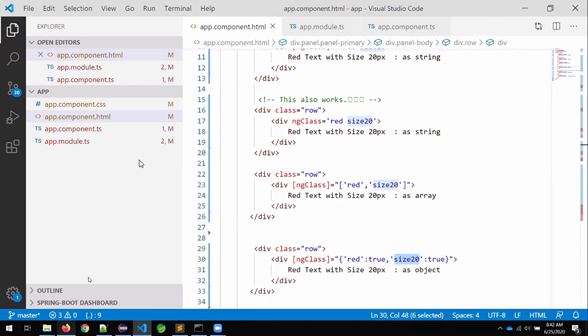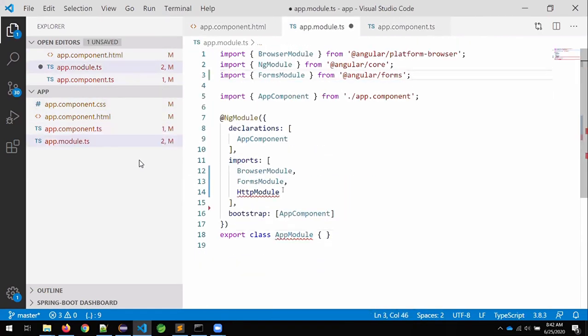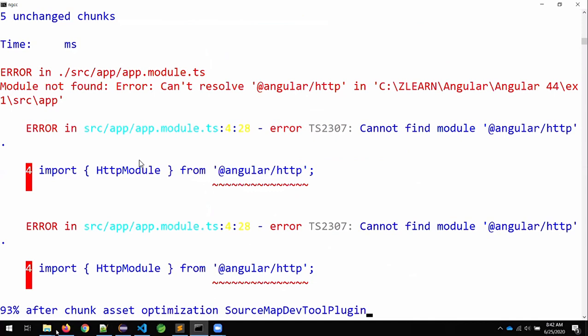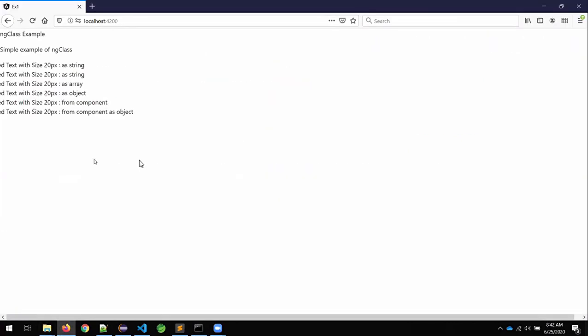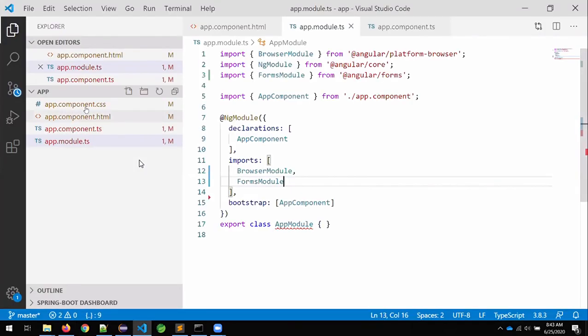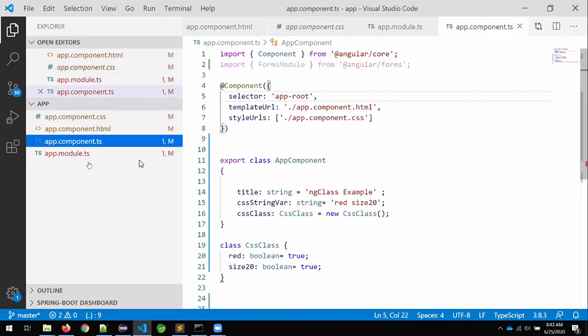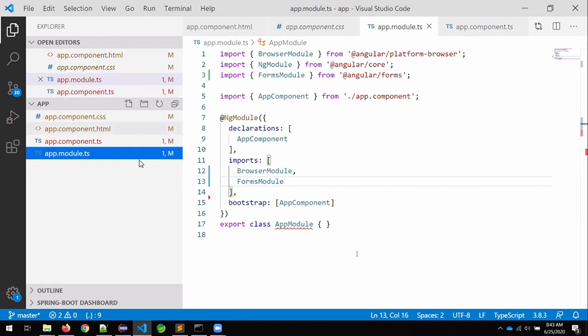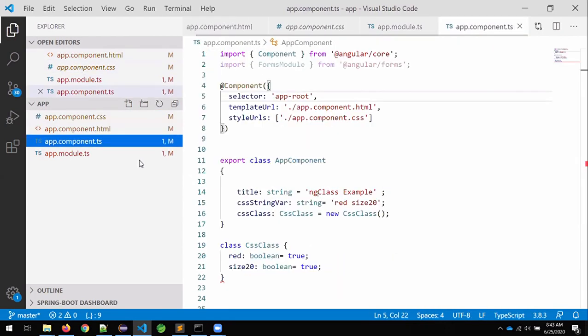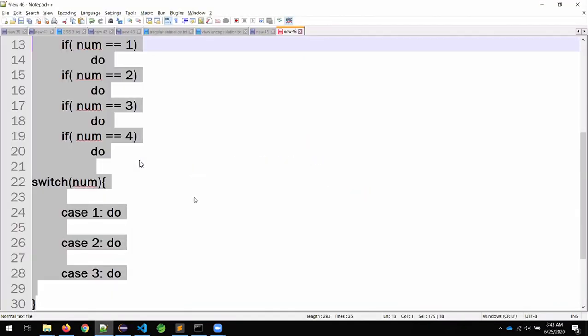Let me show you that code. So tell me, sir, what are the things available?